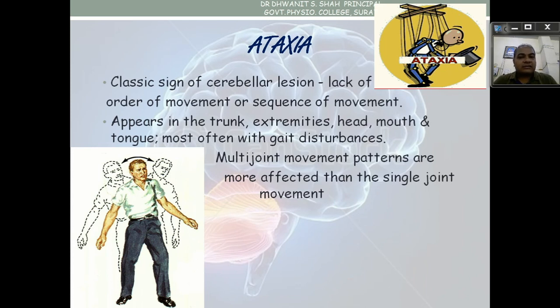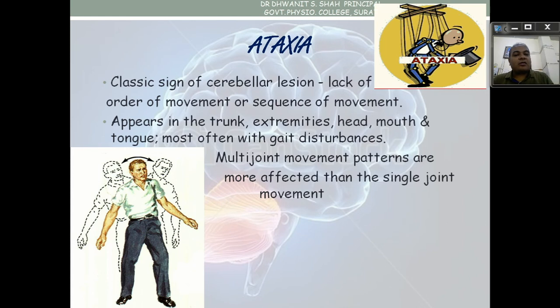Next is the ataxia that you all know, incoordinated, drunken gait. Okay, what we call is the classical sign of cerebellar ataxia. It is a lack of coordinated order of the movement or sequence of the movement. Okay, the movement is not in a sequence, movement is not in an order. For example, in the first example I told you, like grasping the glass and taking the water, first you need to recruit the shoulder muscles, you have to give the command. Instead of shoulder, hand goes first, elbow goes first, grasping it and this going in incoordinated movements. Okay, and his hand with the glass is reaching the mouth before timing, after timing, not to the mouth, going beyond the mouth. Okay, these are all types of incoordinated movements.